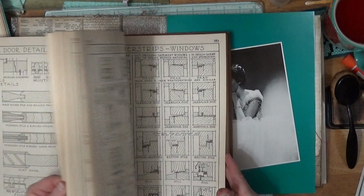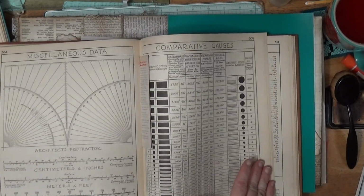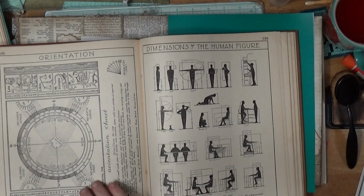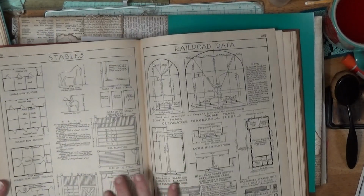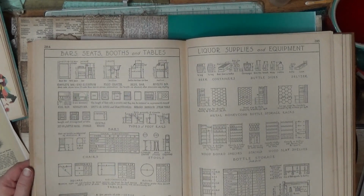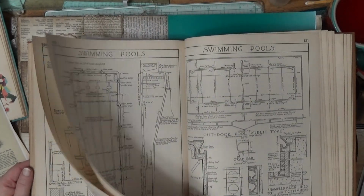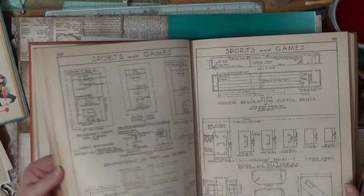There's some I can't take out of here yet. I'm telling you. And if you go to the back here, it gets even better. It gets even better. There's little things tucked in here and there that I have not taken out. But it gets better. There's how to write your lettering. There's a residential thing. There's stables. Greenhouses. There's even liquor supplies and equipment, bar seats. There's restaurants, kitchens, beach bathhouses, swimming pools. I'm telling you, there's one that I loved. Somewhere, bowling alleys. Somewhere in here is how to build